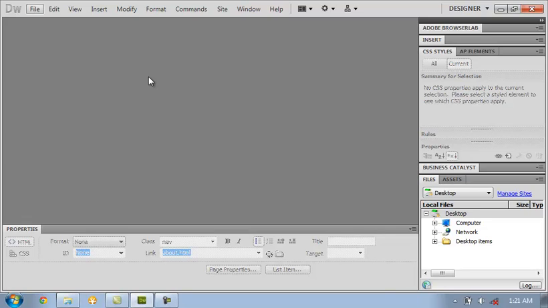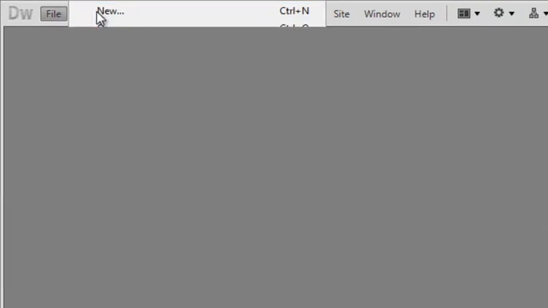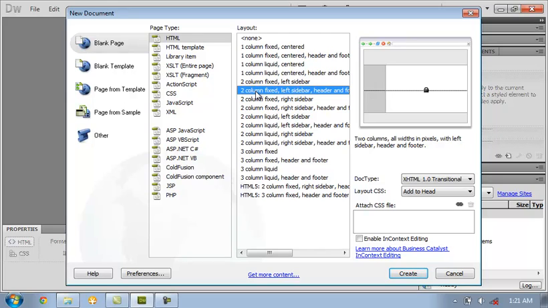This tutorial guides you through the steps of creating your first website using Dreamweaver. To get started, click File, then click New. You can choose your page type in this panel. We're going to create HTML because it is the easiest type. Then, in this panel, we can see the layout of each web page. If you have chosen already, then click Create.